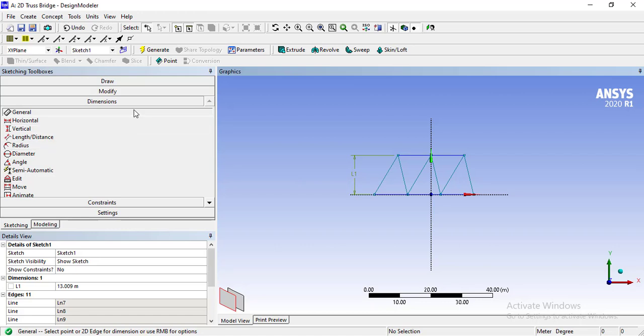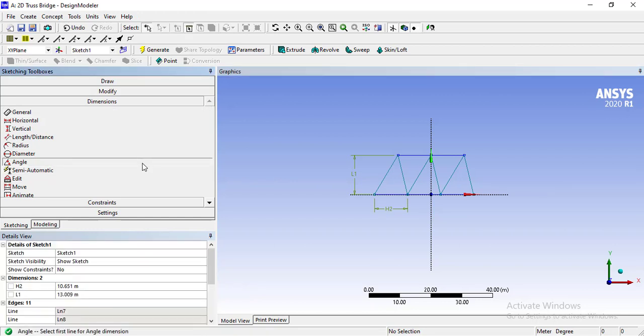Similarly, go to the General tab and select this horizontal line only and place a dimension holder here. Then select the angle dimension from this window and select this line and this line. It will allow you to create an angle like this.